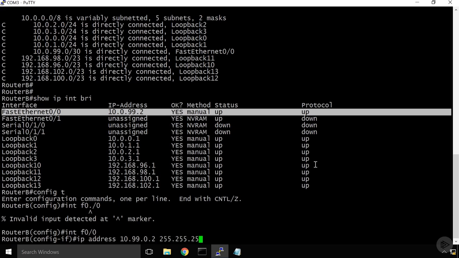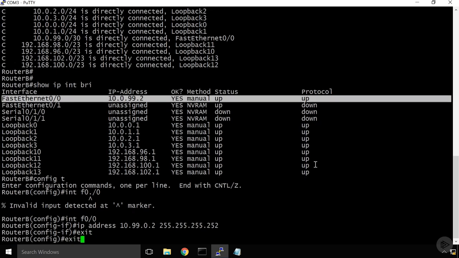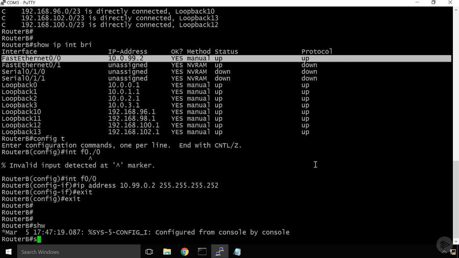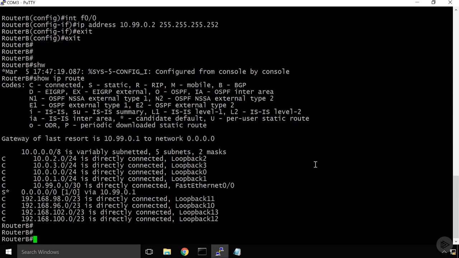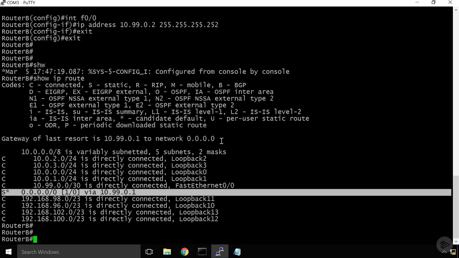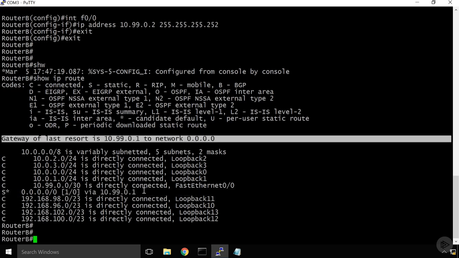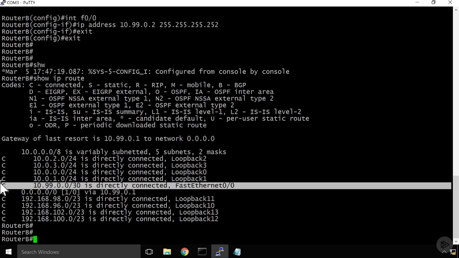Let's fix it up here. We have a 30-bit mask on that segment. If I now take a look at my show IP route, we should now see that my static route shows up for my default route. My gateway of last resort is set now, and my directly connected network